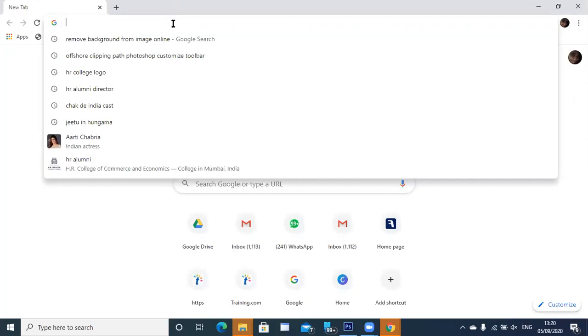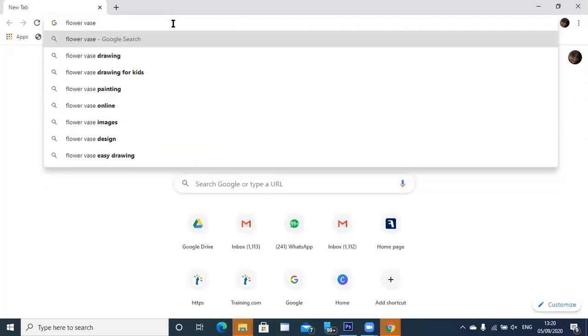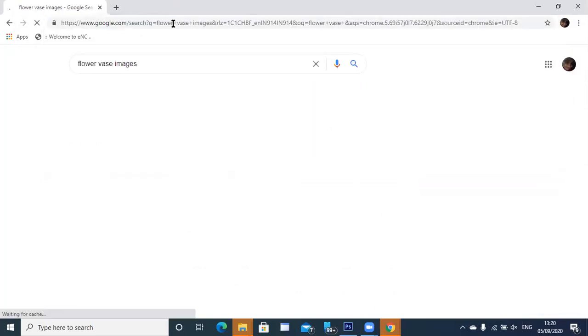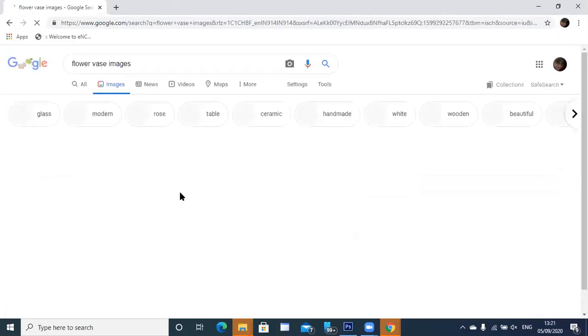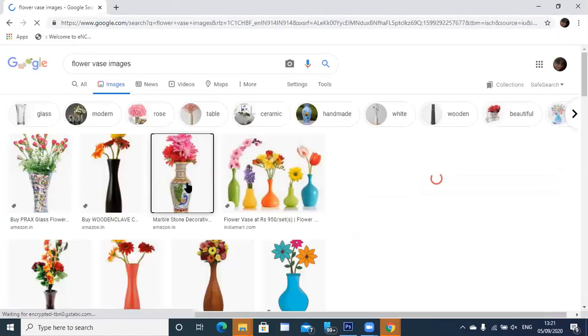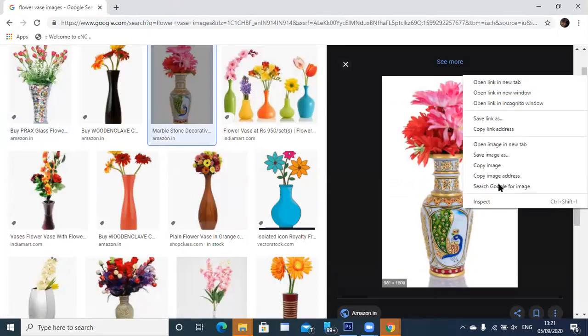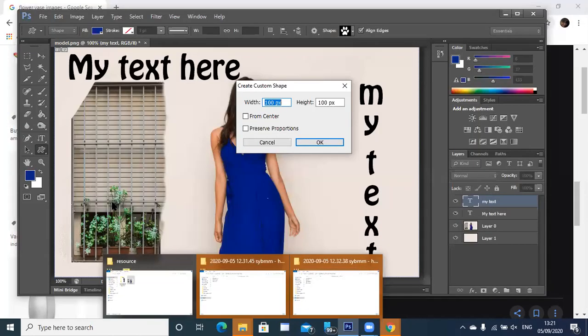Yeah, so here I can go online, just type, suppose, flowers. Okay, images. So here are some examples. I could just pick up any one of them. Okay, any one that I like. I can just right click, copy image, go back to my Photoshop, just paste.